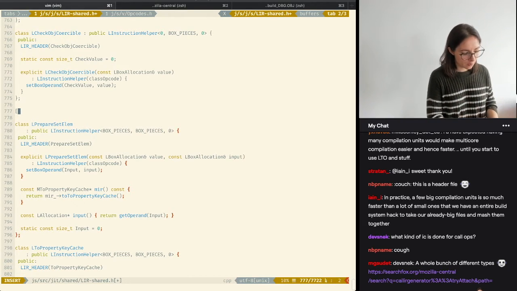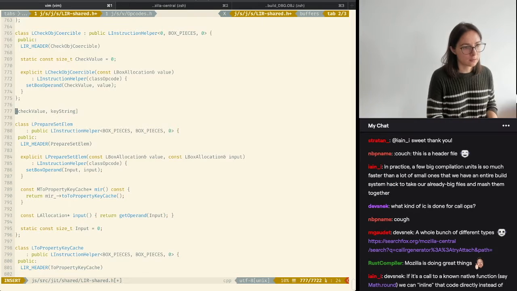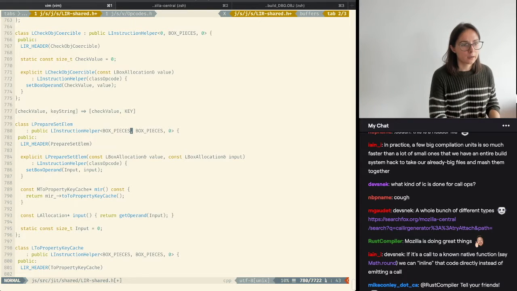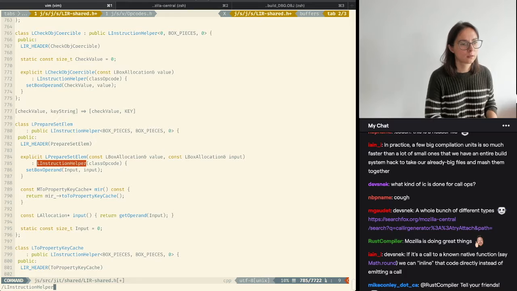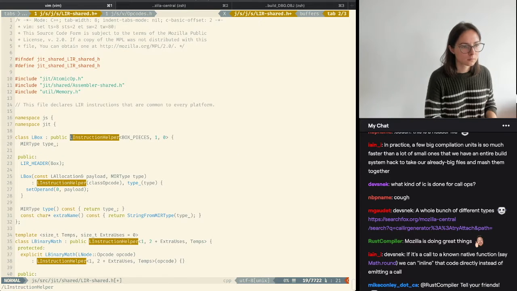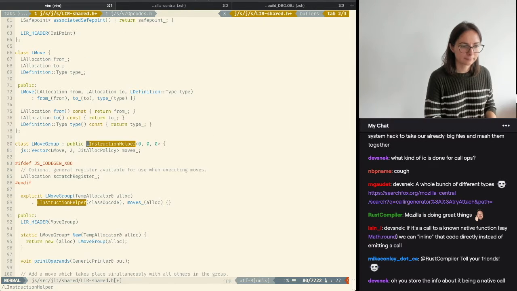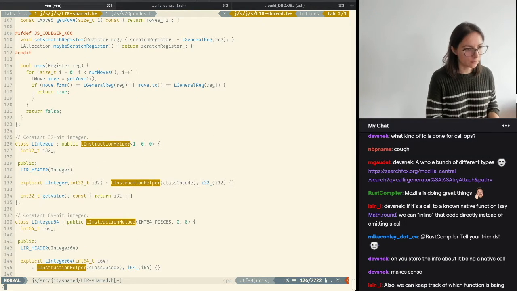Okay, so we're starting off with check value and input, or the key string. And this is being transformed into check value is unchanged, but the next thing is a key. That's the thing that's going to change. So if we look at the L instruction helper, can I find the definition quickly? Probably not. Well, how about I just do it